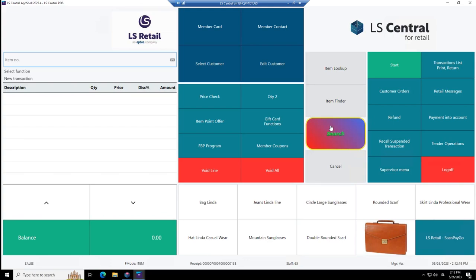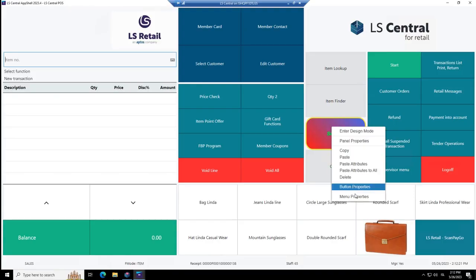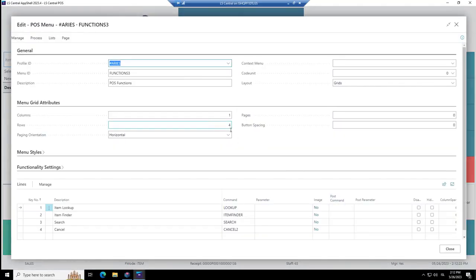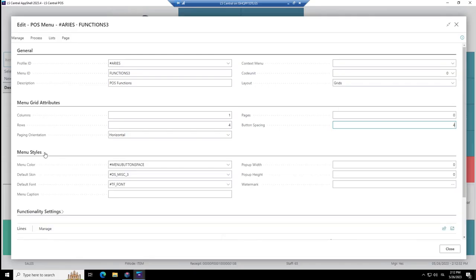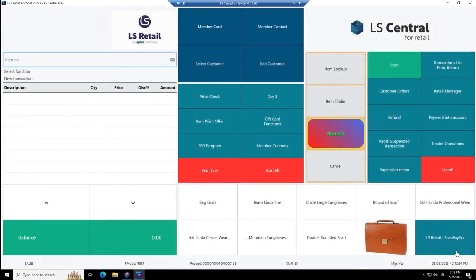But the third thing, the color. Let's look at that a little bit. So you can right click, we can go into menu properties, and I'm going to make button spacing 4. And here somewhere we have menu styles. So here we have a menu color. It has a value, but now I'm going to change it to test C. And we have changed spacing and the color. Let's close. So what happened? Now we get an area between the buttons with the color we were creating. Remember the test C. That's how easy it is.